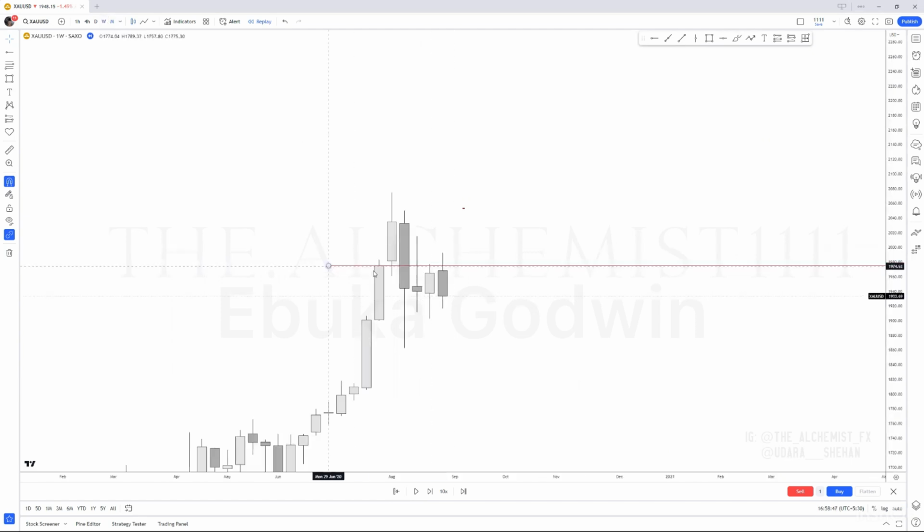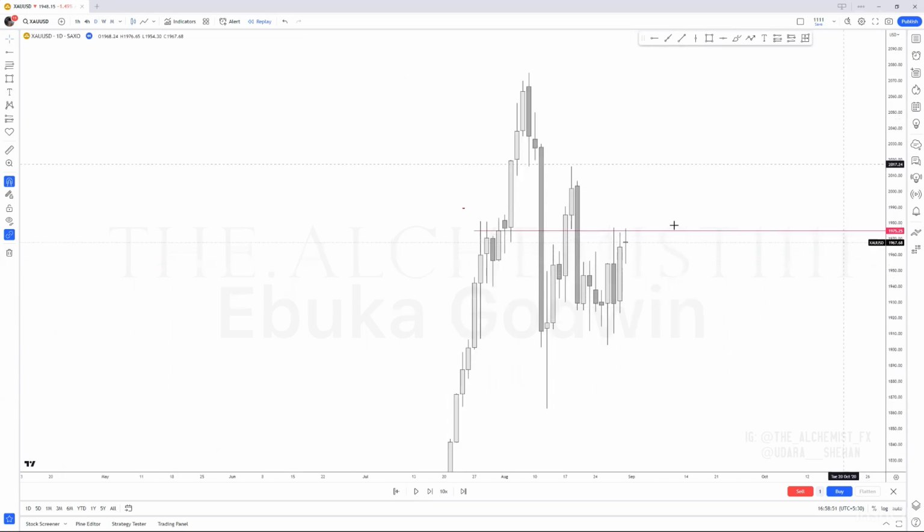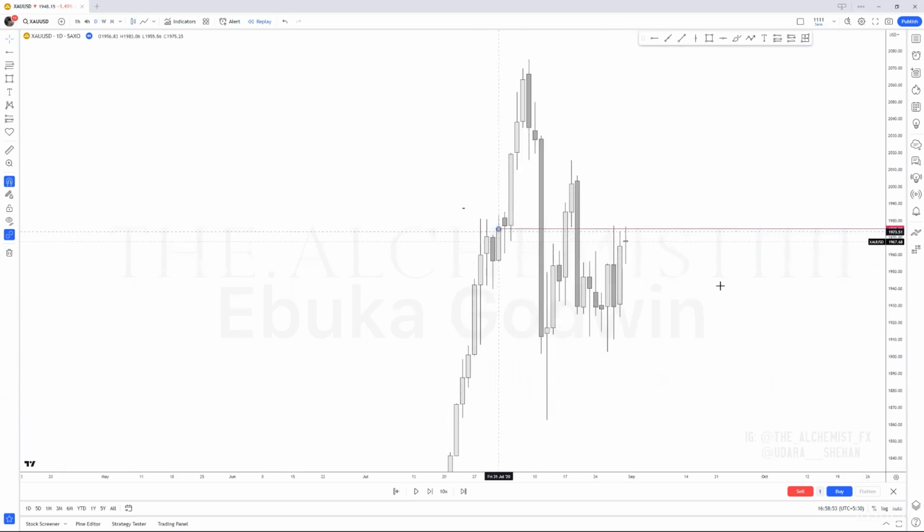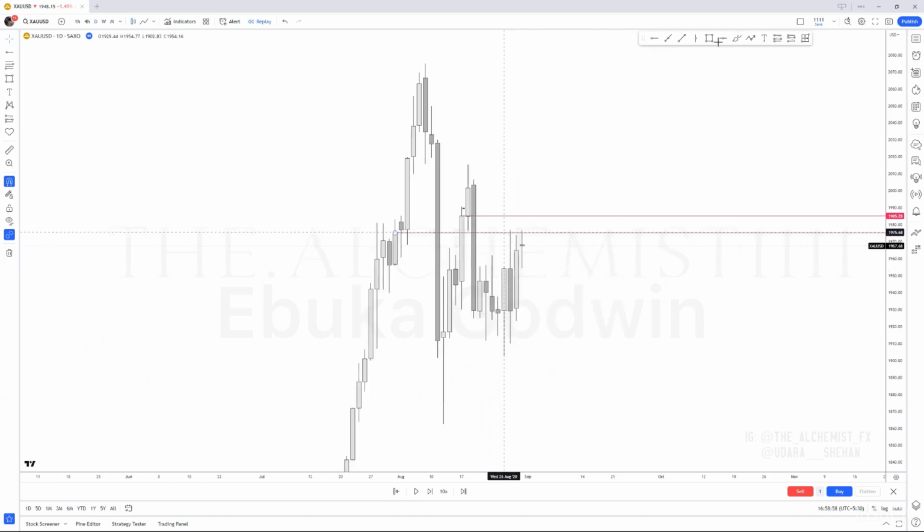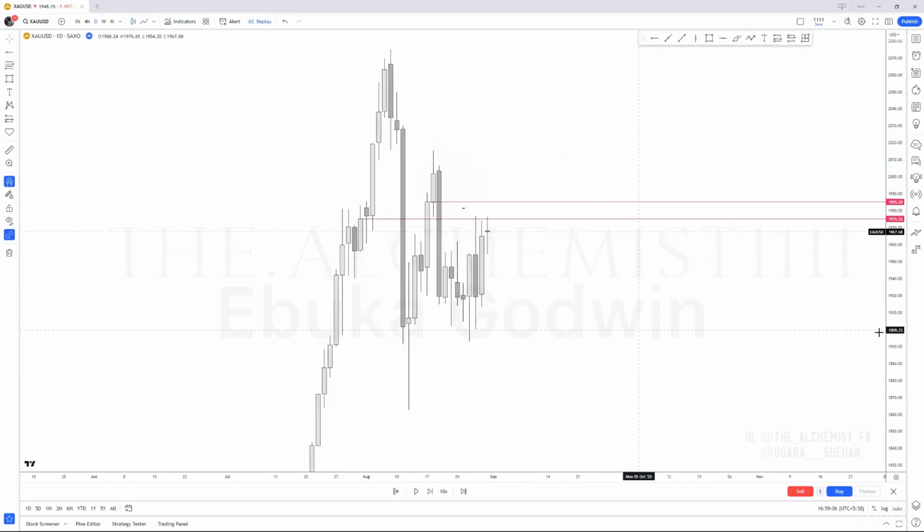Then what you could do is refine these into lower time frames, maybe. Let's go to the daily. On the daily, what do we have? We had this monthly level here. On the daily, we had open close levels. See that? Inside of this monthly, just think of it like this: the whole thing was your monthly resistance. So inside of this monthly resistance, what did we have? We had these levels. I don't know if this played out or not.